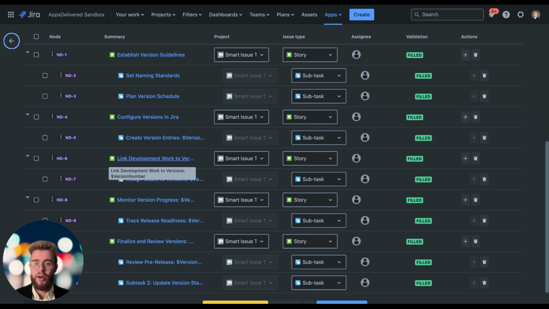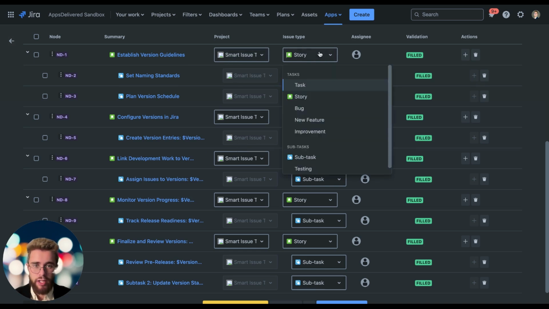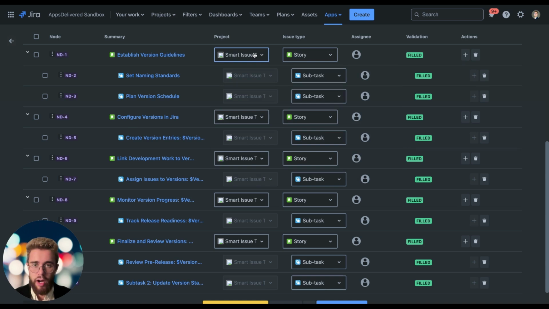It's just important to note I can create all of these issues with one click inside our development project. Any issue type you want, you can drop down and choose. Any project you want, you can create the issues in multiple different projects. Really easy way to standardize a process in Jira Cloud and apply that process with one click and then track